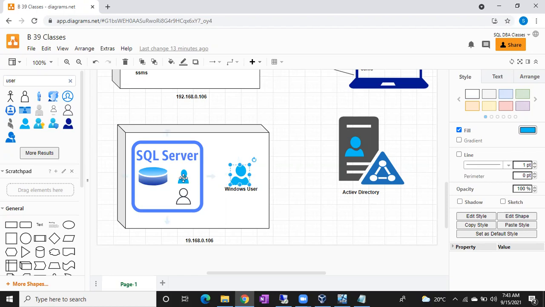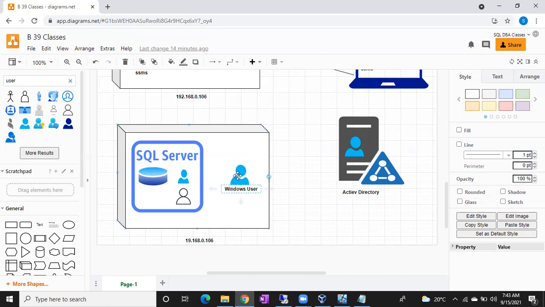We can create a Windows login only for an existing Windows user. We can create two types of logins: Windows login and SQL login. When we create a Windows login, it is only for an existing Windows user. That user might be in the Windows machine, or in the Active Directory. As of now, forget about Active Directory, we'll discuss only the Windows level. Later you will get the clarity.